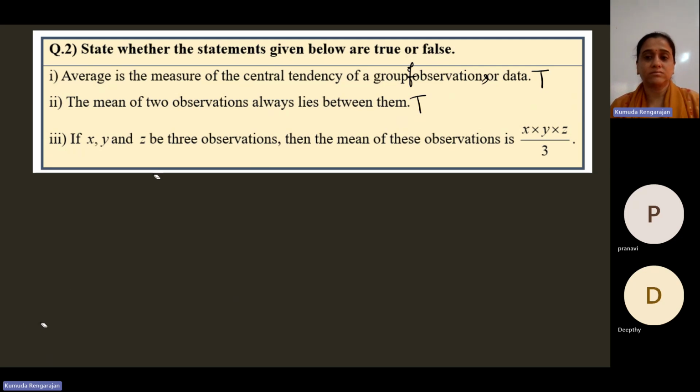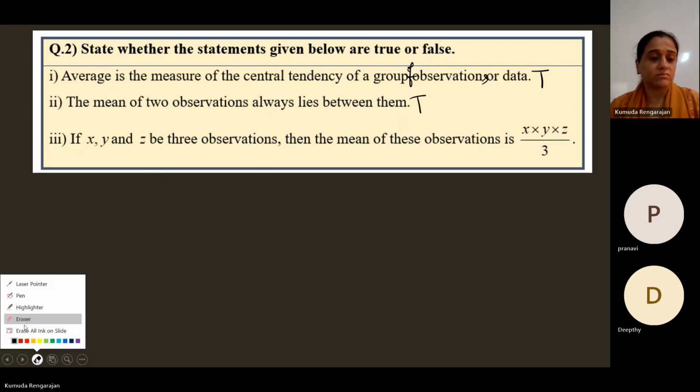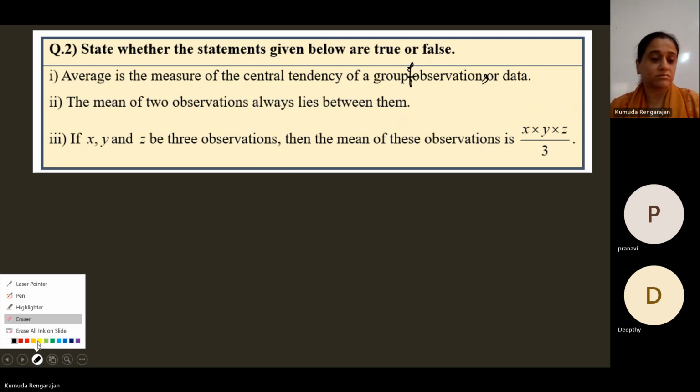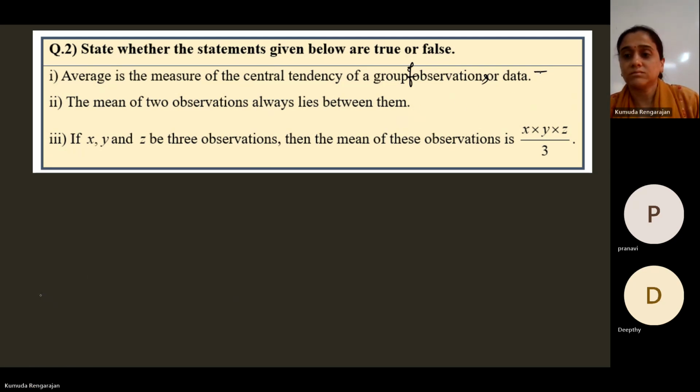The last one. If X, Y, and Z be three observations, then the mean of these observations is X into Y into Z divided by 3. True or false? False. What's the correct answer? Correct. This is false. The correct statement is